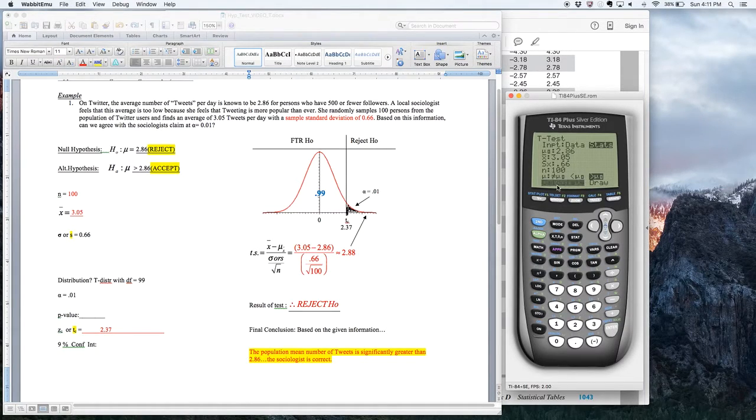All right, and then you just go on top of Calculate. In other words, once you're convinced that all this information is entered correctly, you tell it to calculate. You can also tell it to draw, and it will draw the picture. I'm not a big fan of the draw menu, only because it draws this picture too accurately, and you'll notice that this area, you hardly see it. I don't usually use it, so I'm going to use Calculate. So if I hit enter,